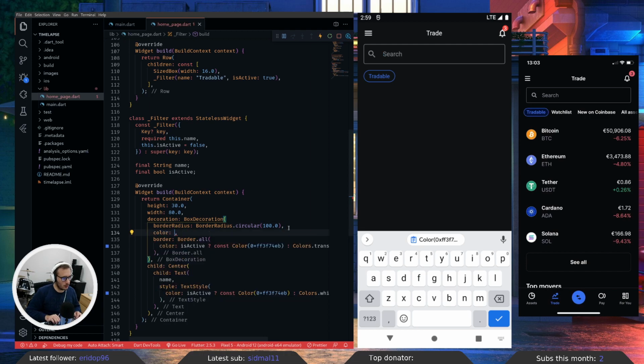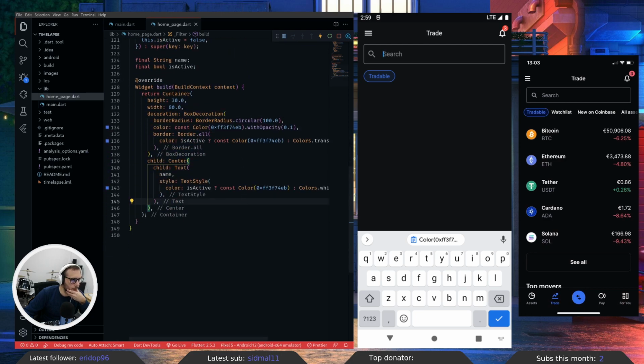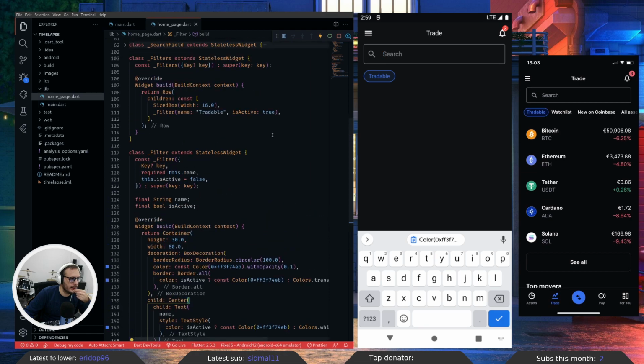So we're gonna have a color of the same color, but we're gonna give it an opacity of 50%. That's way too much. Maybe even 10%. Okay, this looks exactly like the one on the image. Okay, first one is done. And now it should be just a matter of copying these